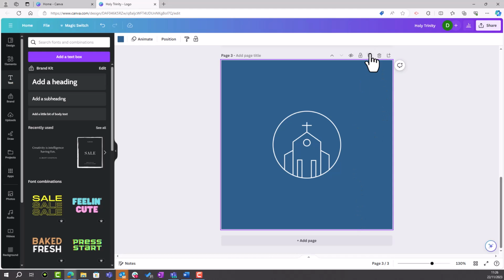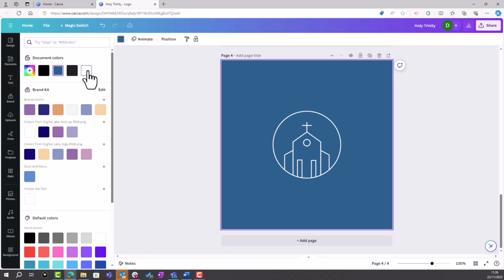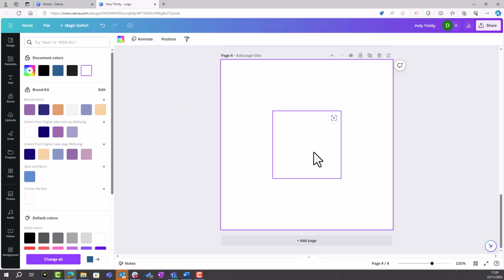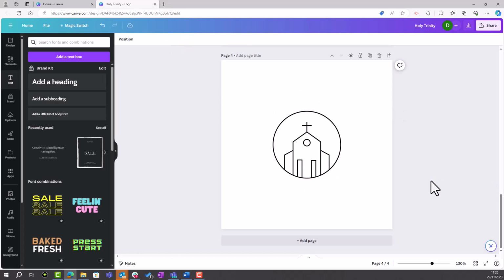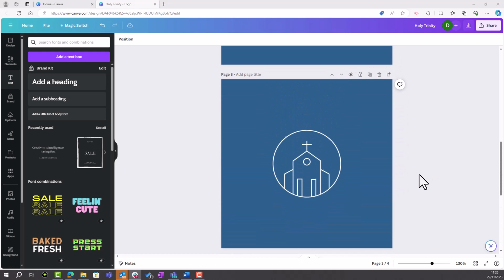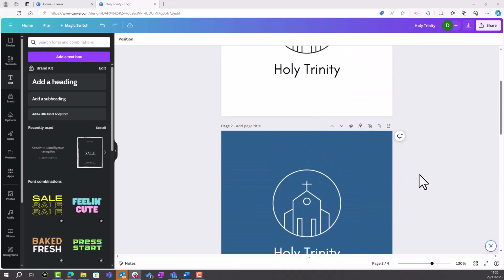Let's do that again. I'm going to duplicate the page, click on the background colour button, and I'm going to choose white, again just so I have a couple of colour variations. Select your graphic, again click on that colour wheel, and then choose the colour for your graphic. So there we go, we now have 4 variations of this logo,